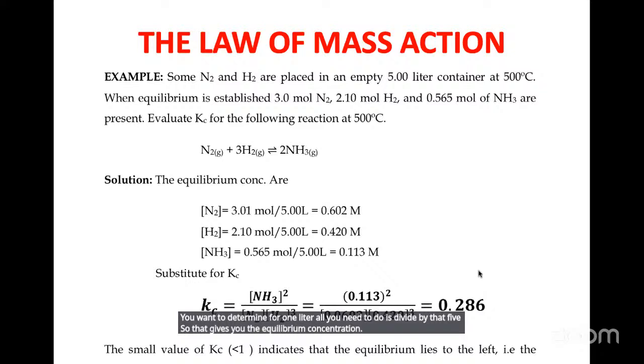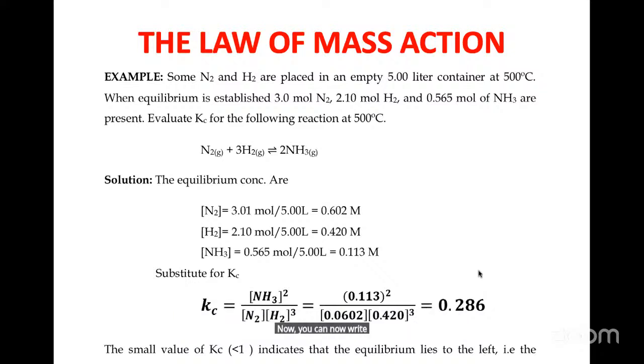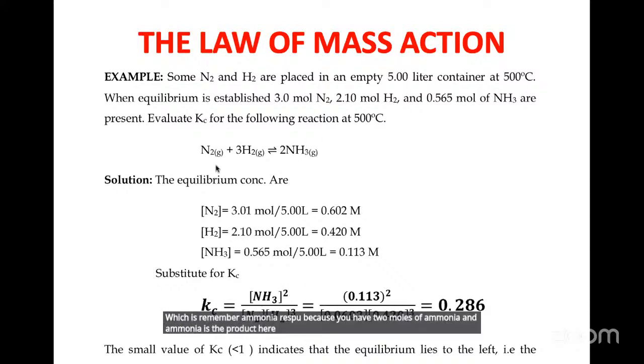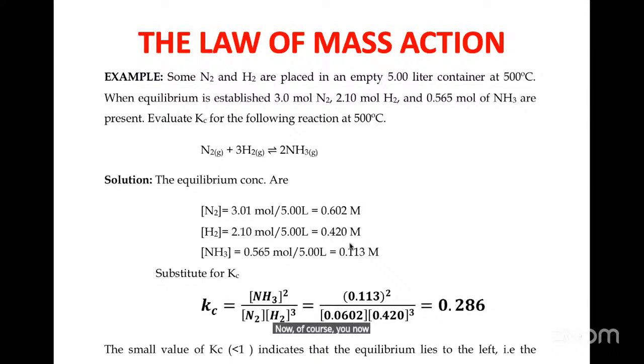Now, you can write your formula for Kc, which is, remember, ammonia raised to power 2, because you have 2 moles of ammonia, and ammonia is the product here, divided by nitrogen raised to power 1, because there's 1 mole of nitrogen. You also have hydrogen raised to power 3, because there are 3 moles of hydrogen. Now, of course, you substitute the equilibrium values that you have. So that gives you